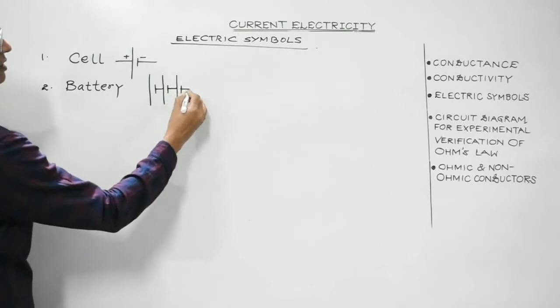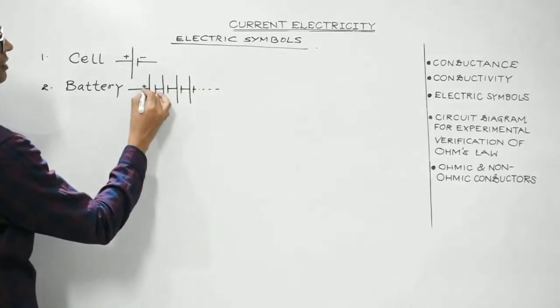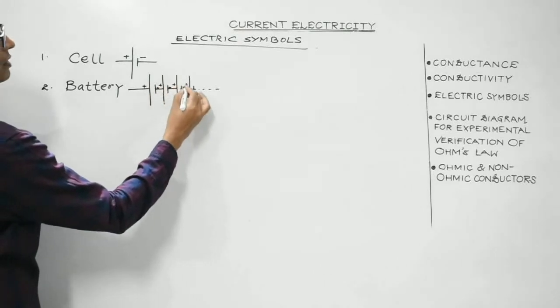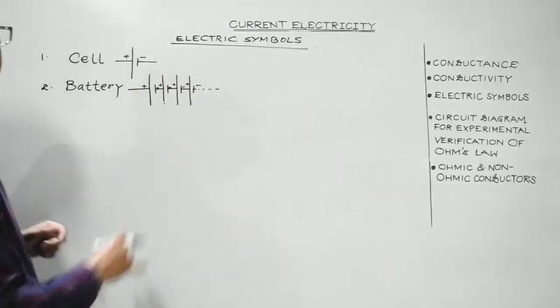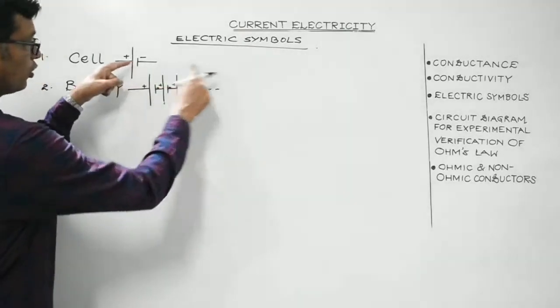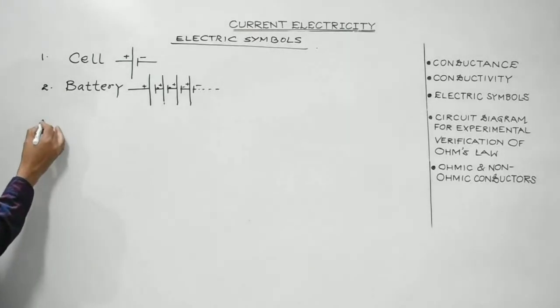So cell means a single source, battery means a combination of cells. This is a battery. This is a combination of cells. In this case, I have connected 4 cells. They together will constitute a battery, right? Third,